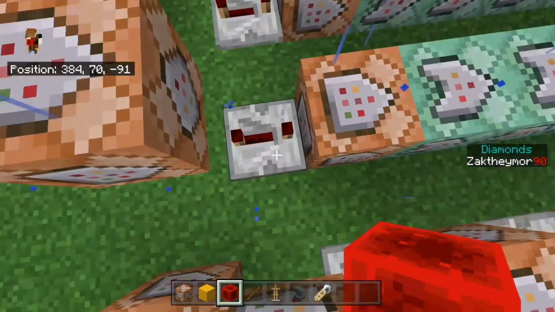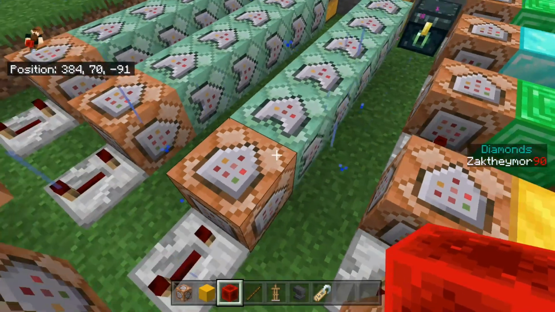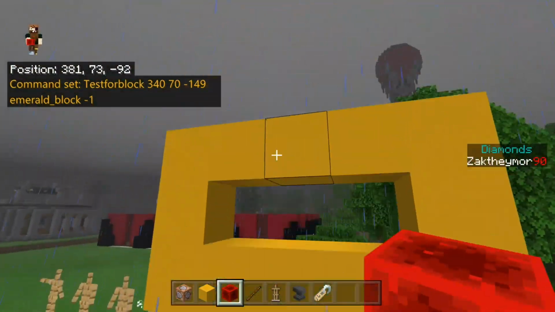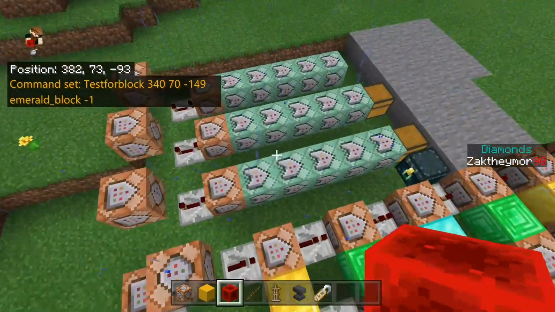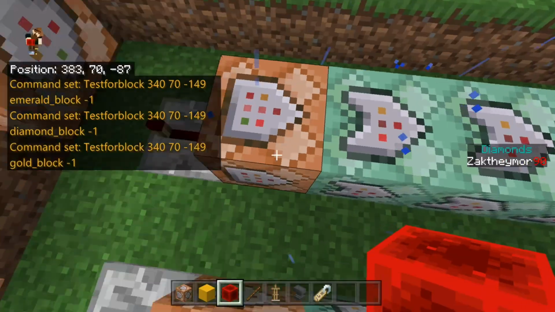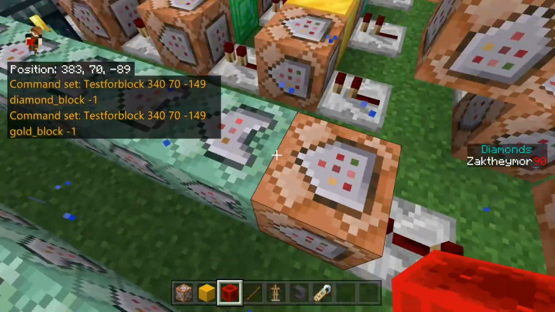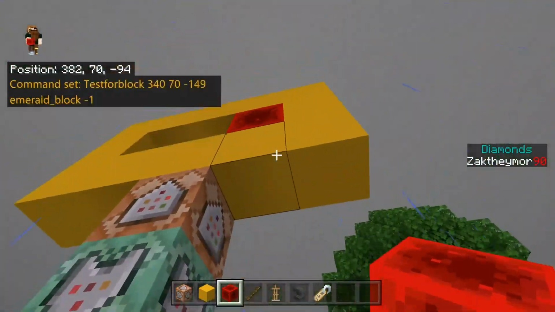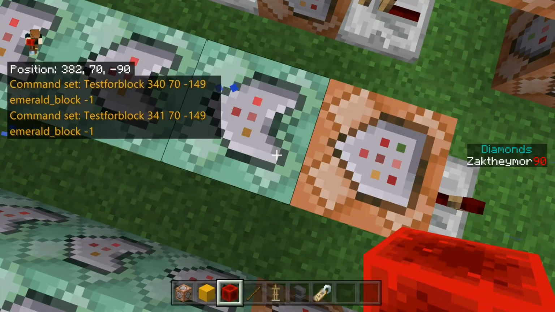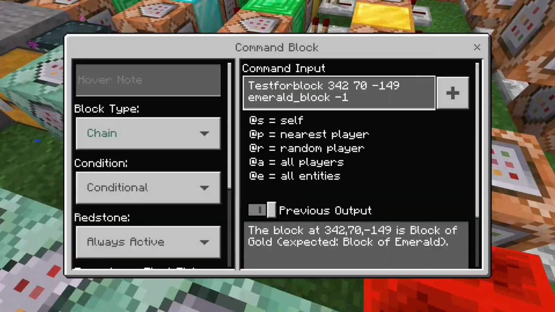So I've got a repeater set to 4 ticks, so there's a slight delay, so it gives it chance to calculate or to do its thing. Basically, this is a test for command that tests for the coordinates of this block, and that one is testing for emerald, this one's testing for diamond, and this one's testing for gold. So you have to have one for each item that you want to test for, okay? So basically this command would be testing for this position. The second one would be the coordinates to test for this position, and the third one, as you can see,